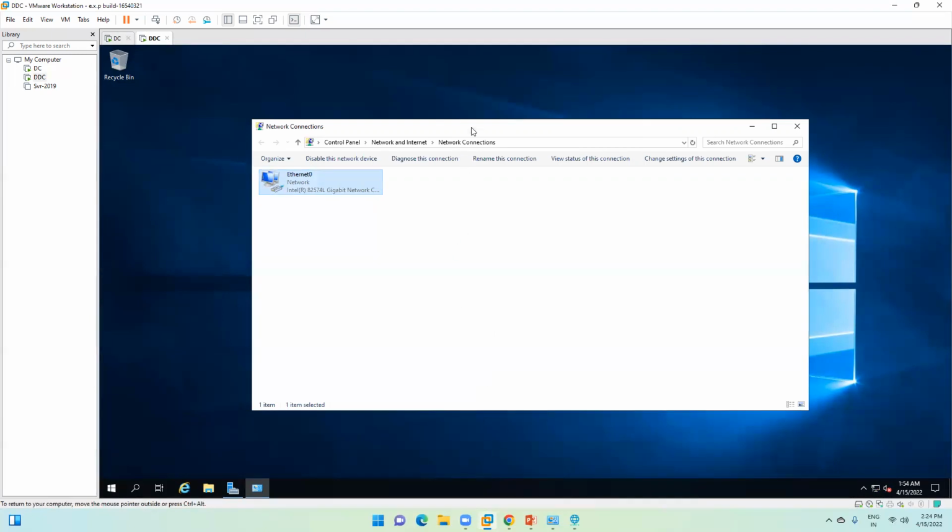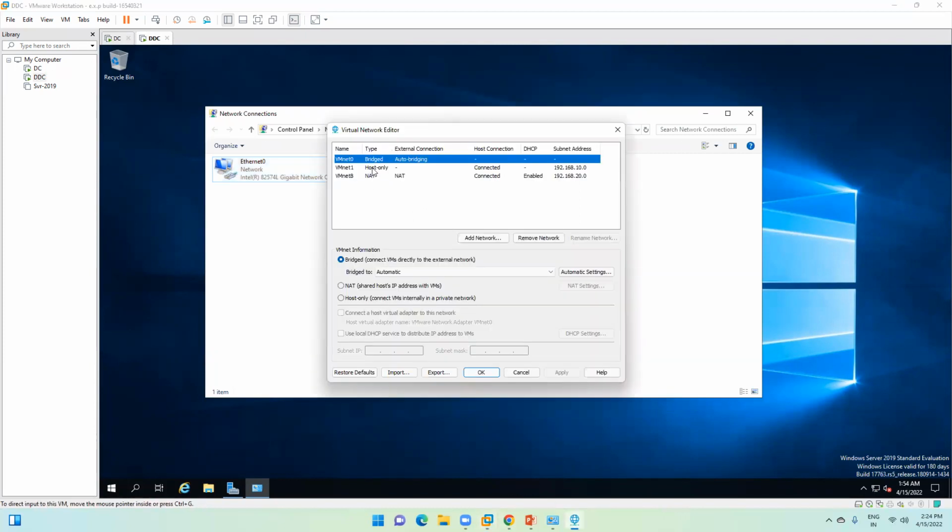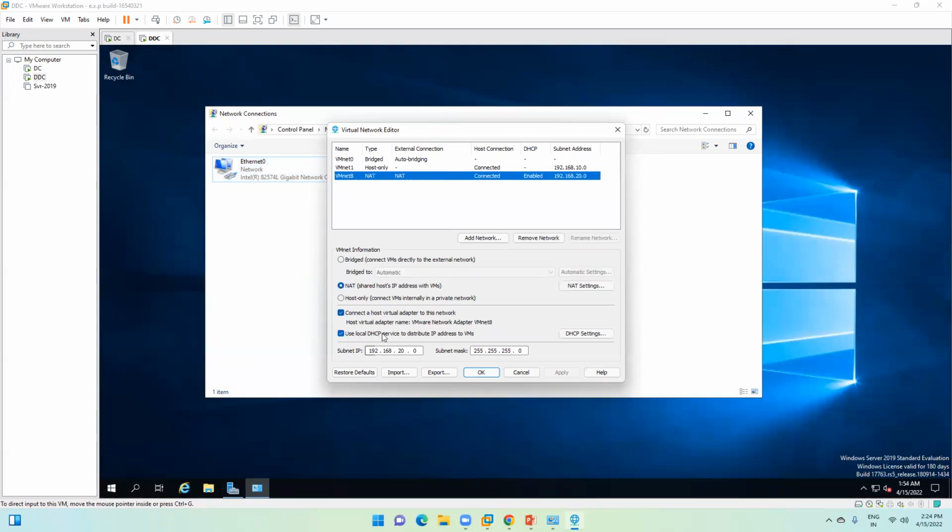Where is that window? Wait for it. Okay, so as you can see, I have two network adapters. On host only, I have deselected this. I have unchecked this box because I do not want the VMware DHCP scope to deliver IP addresses to my internal machines, like my VLAN, that is my internal LAN. Okay,